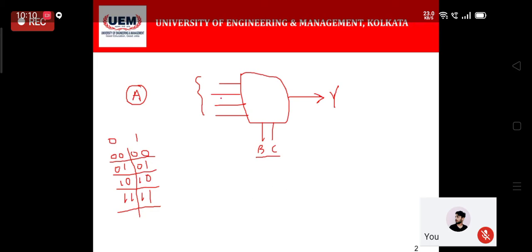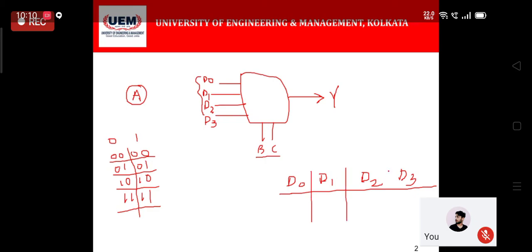How do we create that? Let's say these are the input lines D0, D1, D2 and D3. So we create a row of D0, D1, D2 and D3 and we break them into different columns.